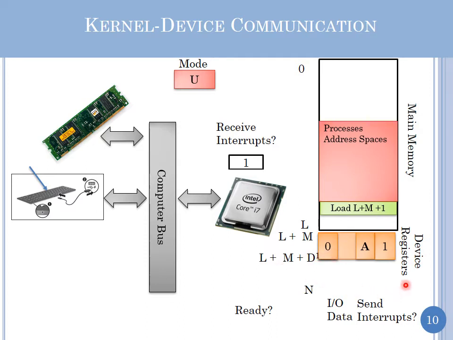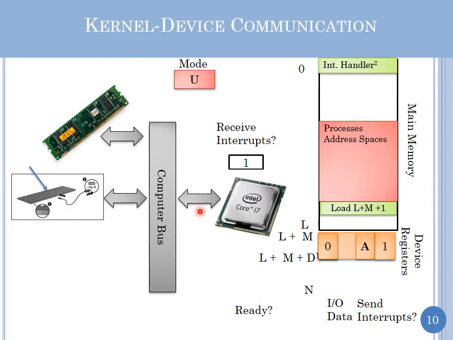So what does it really mean for an interrupt to get posted? Well, you always have to do some polling. So what the CPU does is it keeps polling each device's interrupt line to see whether it's high or not. After every cycle, there's something called cycle stealing. It goes and quickly checks if the interrupt signal is high or not. If there is, it goes and services the interrupt. And that is more efficient than going to every device's memory and checking if the ready bit is on or not. Okay, so that's what happens. It goes and checks if the interrupt is on high or not. And if the interrupt is high,